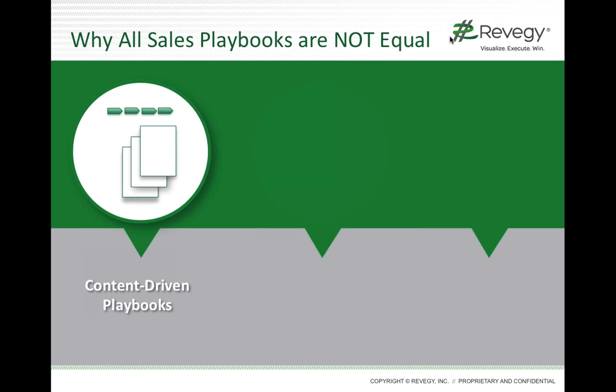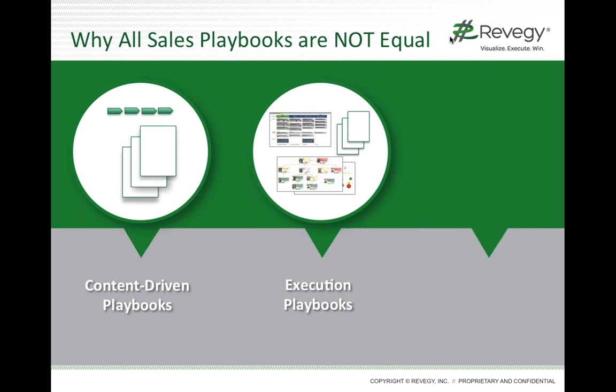Where most playbooks have started is by giving the sales team great marketing content that they can finally get in the hands of their prospective buyers. You all know marketing gets frustrated because they've created all this wonderful content. The sales team has no idea how to access it at the right time. Who do they give it to? Well, the playbook morphed out of a basic sales process to be a way for the content to be delivered up at the right time in the sales process. So now Mr. Salesman or Miss Sales Lady can go out there and deliver this information to the prospect at the right time. Well, we've seen playbooks morph and be a little bit more around execution